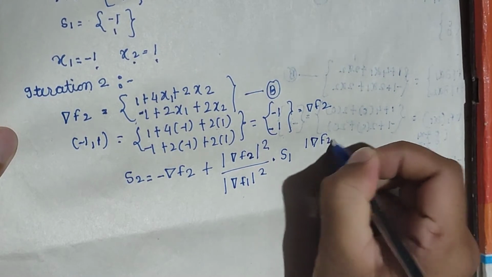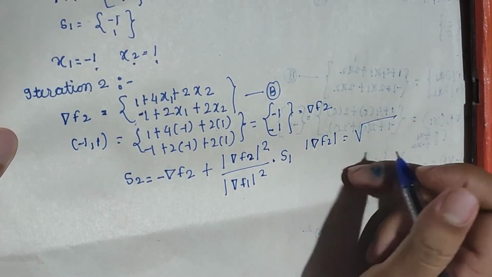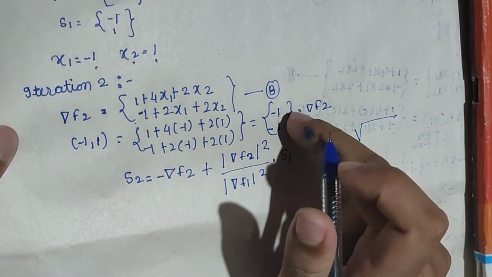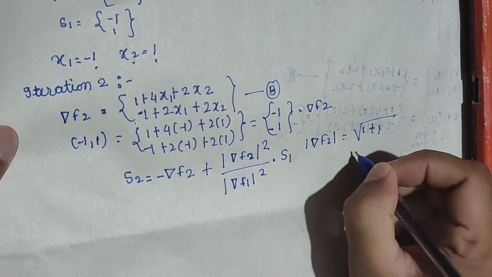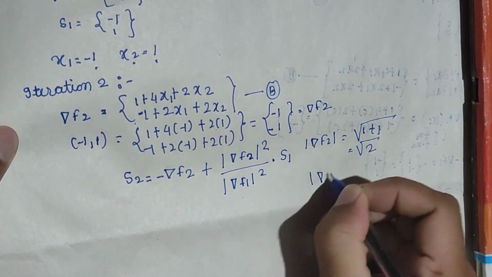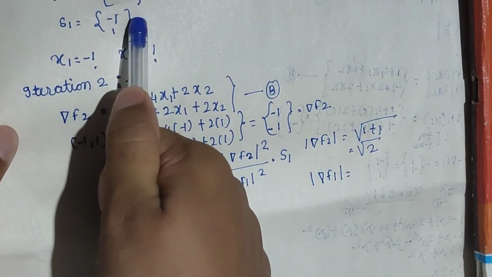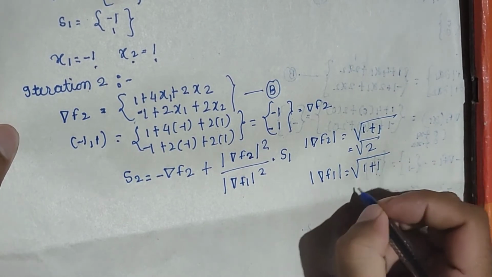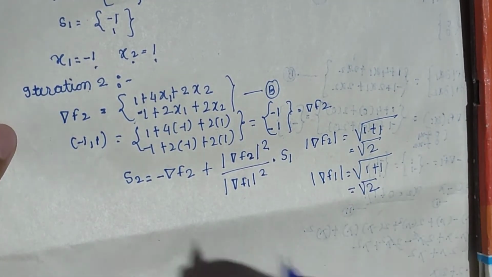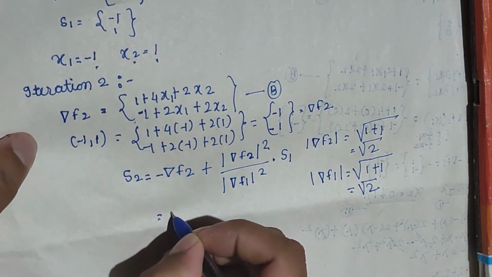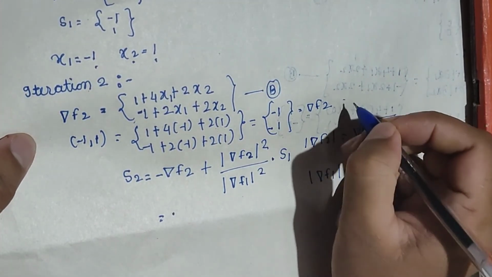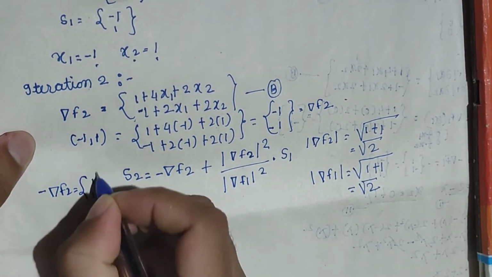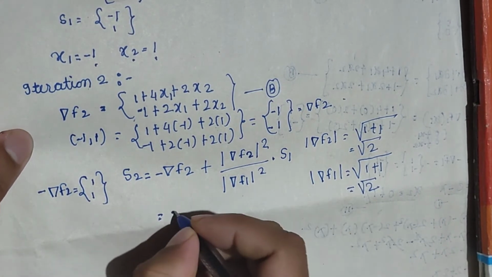The determinant of del f2 is the square root of the values of f2, that is minus 1, minus 1. So here the determinant is going to be plus 2. And the determinant of f1, values of f1 from iteration number 1, that is 1 and minus 1. There is no meaning of sign because of the determinant, so it is going to be positive 2. So the values of minus f2, we have to simply multiply these values by minus. So we got 1 and 1, 1 and 1.